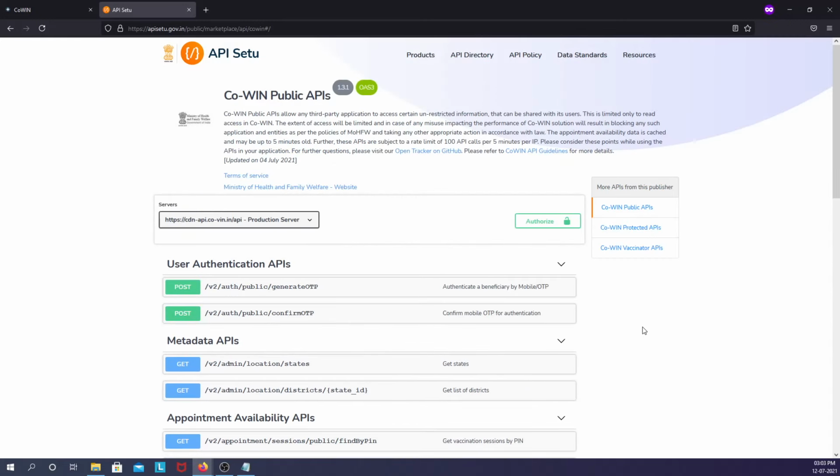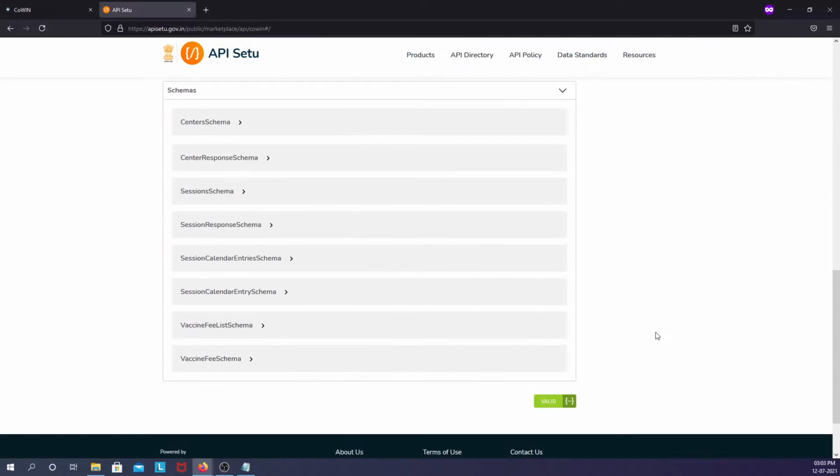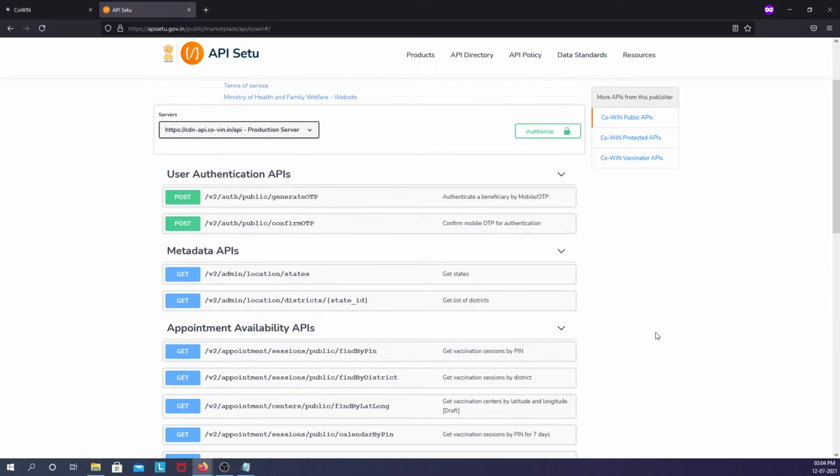So this is the visual documentation of this API. With the help of Swagger, we can easily generate the client logic to invoke these APIs, like the automatic generation of the request and response objects and the REST API client invocation logic.